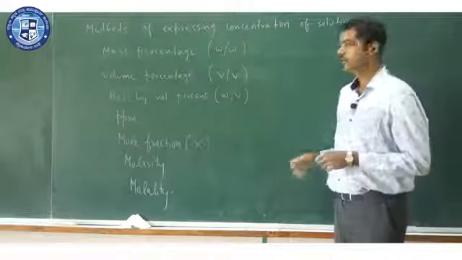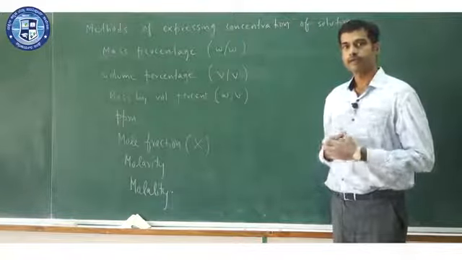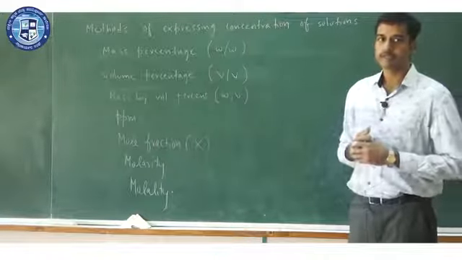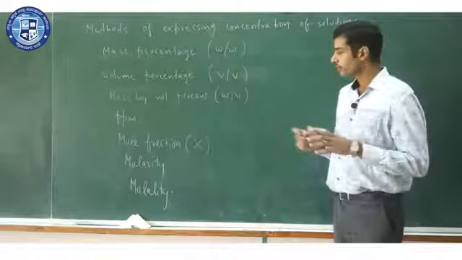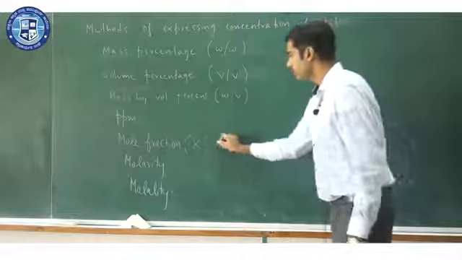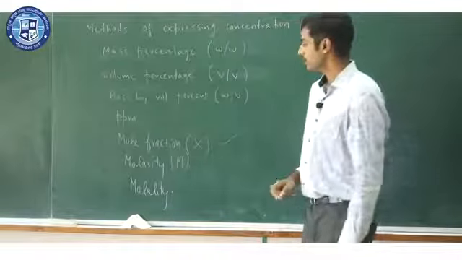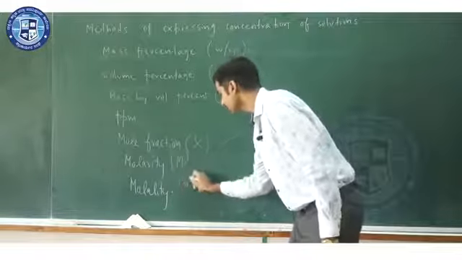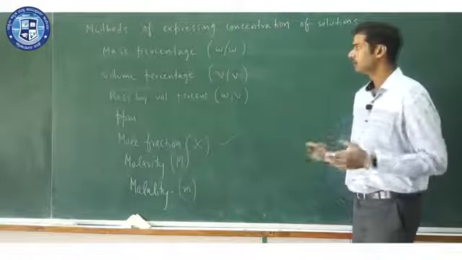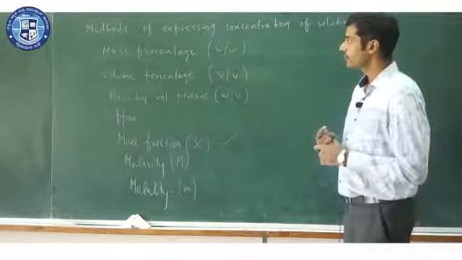You have gone through each method and solved some of the numericals associated with it. But for the sake of completeness, let us briefly go through each one of these methods, because in this chapter we are going to use some of these methods extensively, especially mole fraction, molarity, whose symbol will be capital M, or molality, small m. These remaining methods are useful in their own way, and we have seen all of these in first year classes.